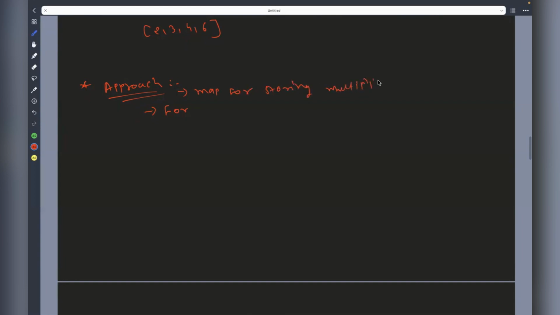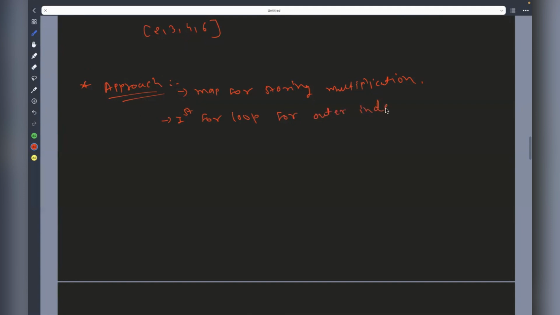Now for traversing I require a first for loop, for the outer